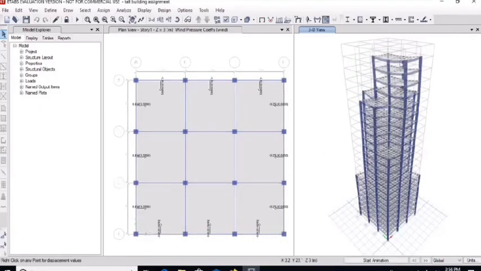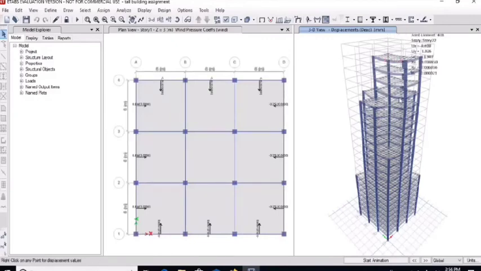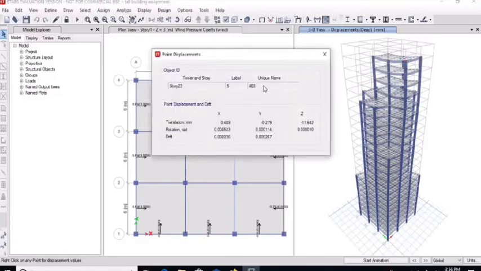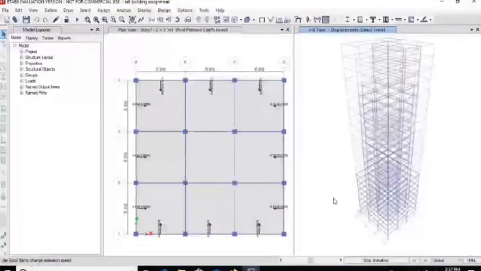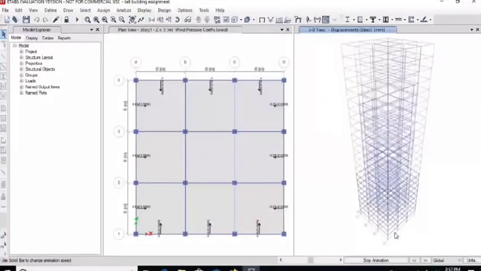After analysis is completed, the deflected shape of the building is shown. By right clicking, the details of that point can be seen. This is the animation.